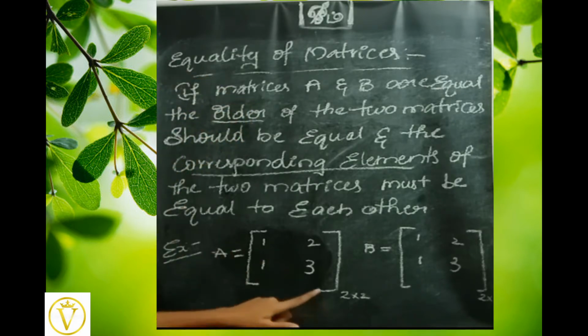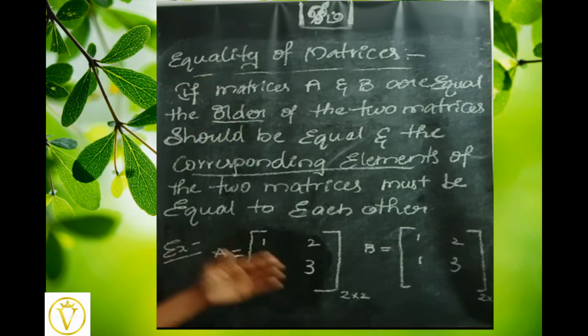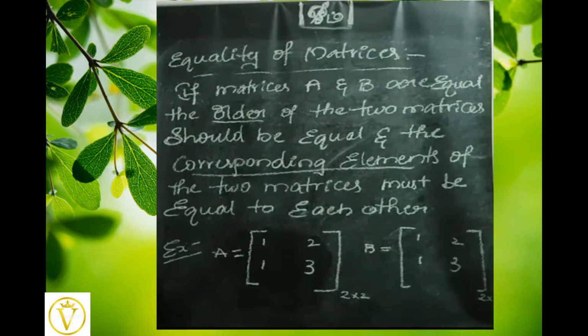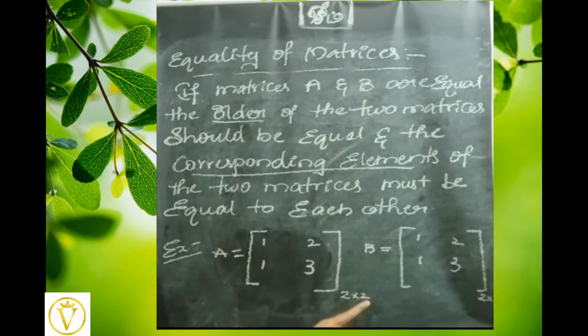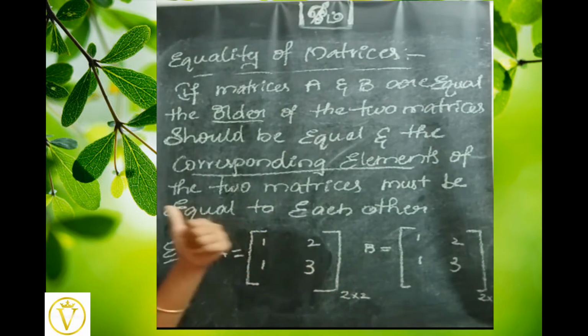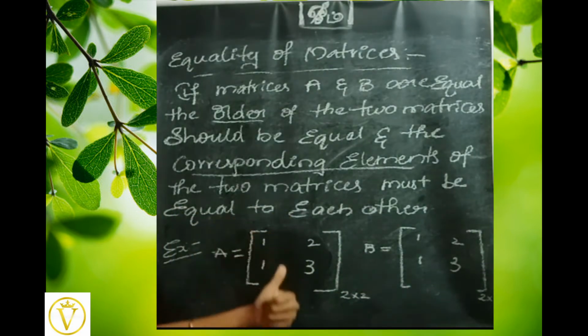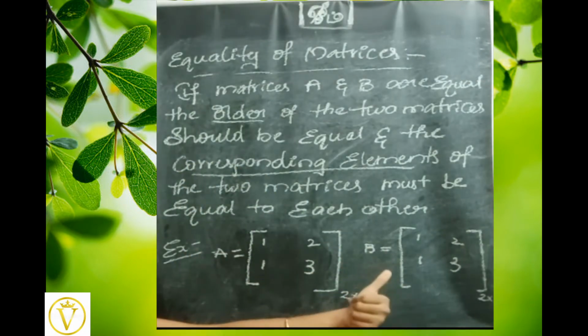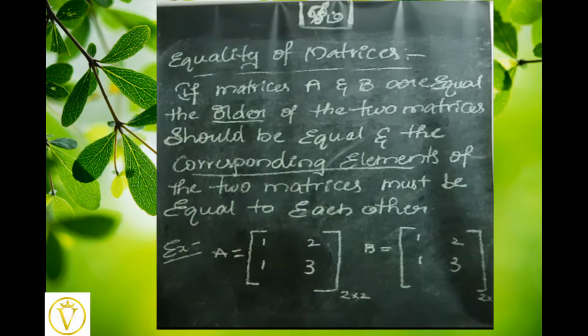The order should be equal. That means whether you take a 3 by 3 matrix or a 4 by 4 matrix, if the order of A is given, the order of B should also be the same. And whatever corresponding elements are taken from A should be equal in the B matrix also. That is the equality of matrices. Next,